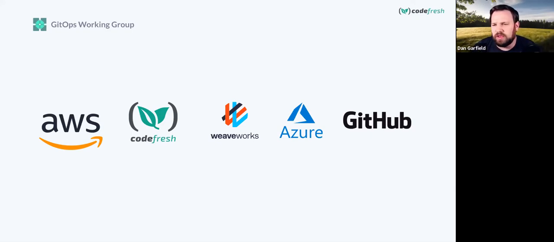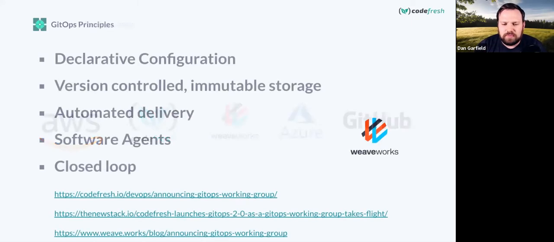So our goal in the GitOps working group is to define not only the best practices, but some of the strategies and formal conformance at some point of what it means to be doing GitOps, and what we can actually measure in an objective way. So it's not just people's opinions. It's something that the community comes together and agrees upon as where we want to go. So there are 5 features. First, you have to use a declarative configuration. You need to use some kind of version controlled immutable storage.